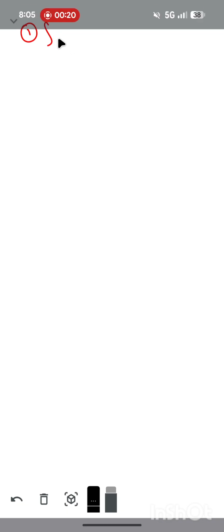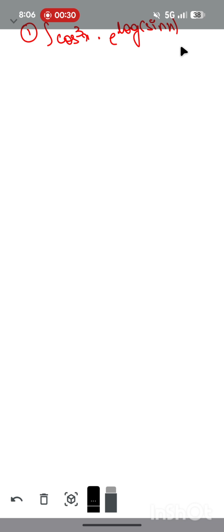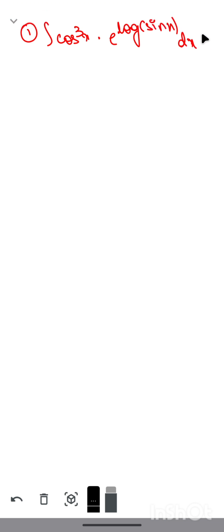So, in that, today's first question is like this: integration of cos cube x into e to the power log of sin x into dx. Okay, this is our given question. And to find the solution of this problem,